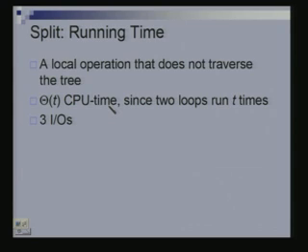In doing a split, the number of disk accesses was 3, because we did 3 input-outputs at the end. The CPU time, which is proportional to the number of keys in the node because we had to move certain keys, is going to be fairly small compared to this. So, we will actually be counting time in terms of the number of disk accesses.